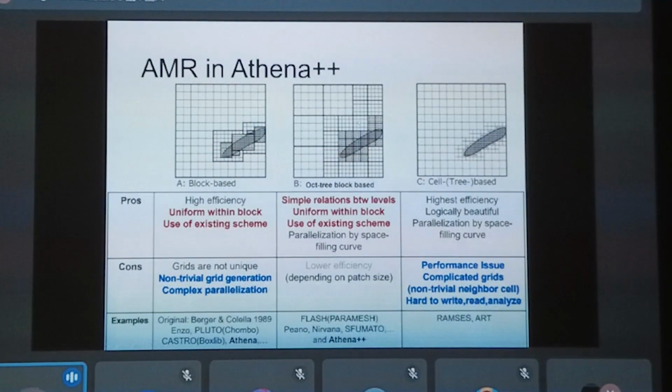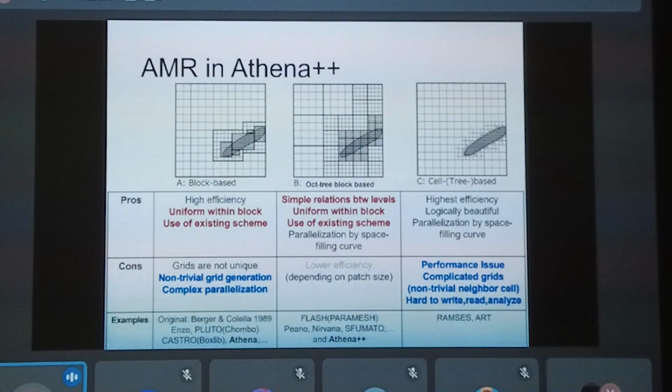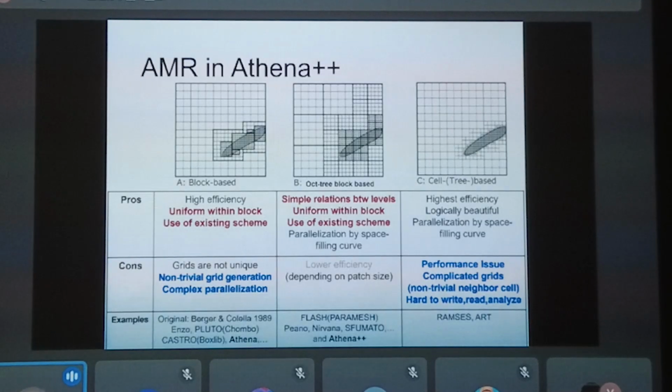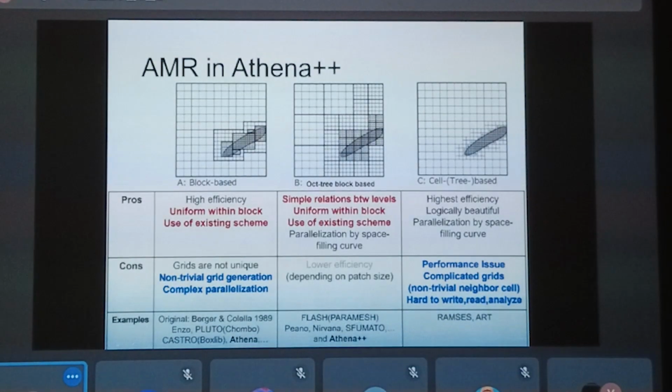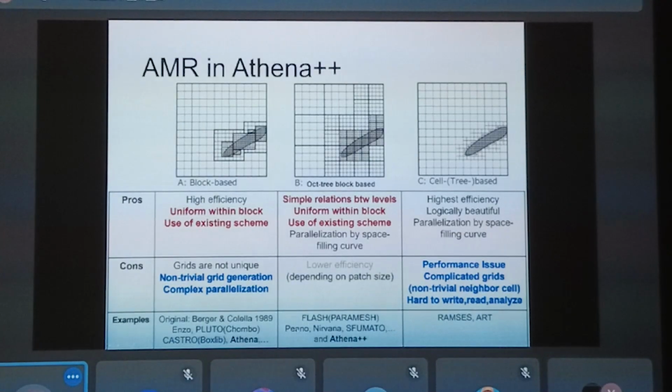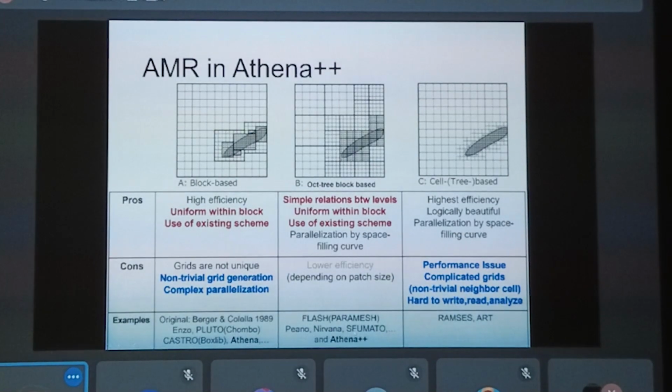But we believe that we can compensate the loss due to this inefficient grid generation by the performance gain from the simple design. So Athena++ adopted this design, and this is also used in some other codes like Flash or Paramesh library, and there are other AMR codes like Piernik, Nirvana, Supermag.